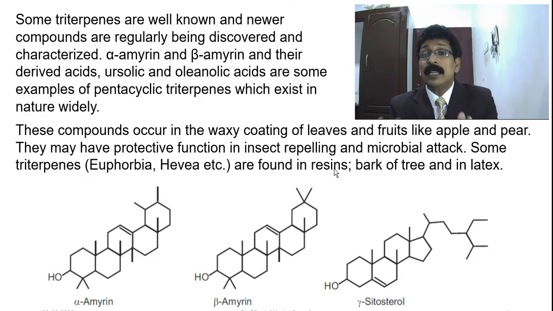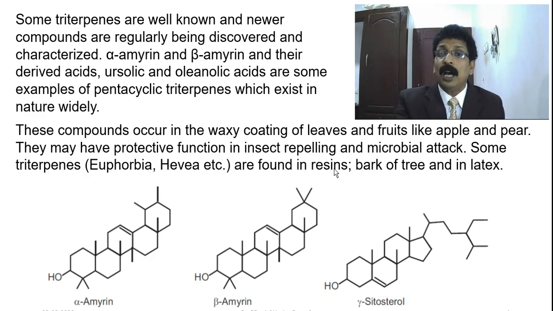Once you write cholesterol and if you go to the 24 position and write 2 CH3, you will get this gamma sitosterol, because it is the same as the cholesterol structure. OH is there, a double bond in the second ring is there, angular methyl groups are there. Understand, the only thing is you have to add 2 methyl groups, 3 carbon atoms, to the cholesterol, and so you can achieve gamma sitosterol.